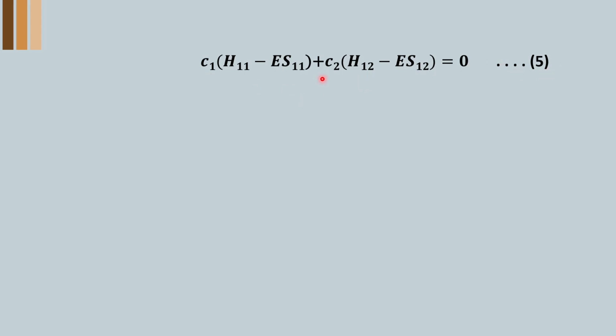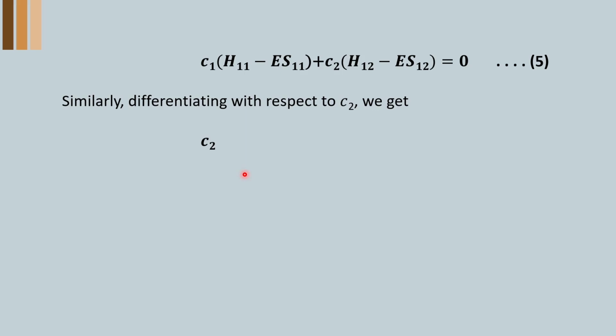You know, C1 and C2 are constants, H11 are the integrals of the type phi i h phi j d tau, and S11 or S12 are the integrals of phi i phi j d tau in the entire space. This is the equation that we have received for differentiation with respect to C1 and setting it equal to 0. If we go for the same procedure with respect to C2, the equation that we are going to get is of this kind,